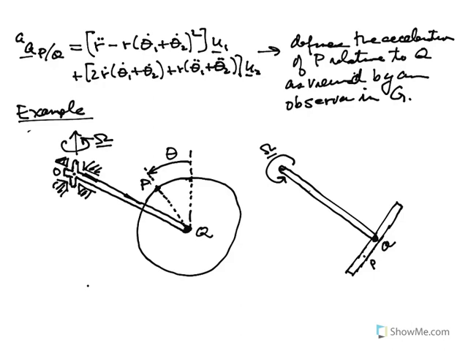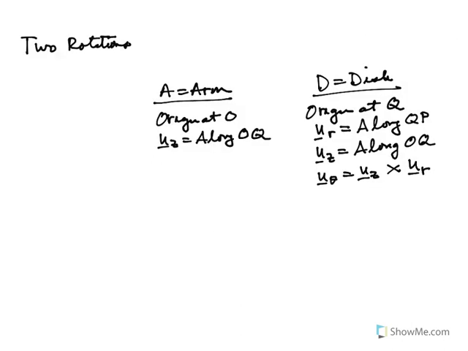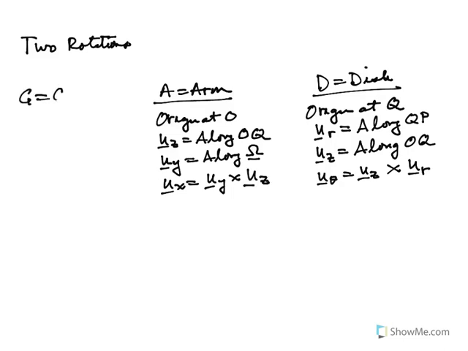And now omega is going to be one of my other directions. The question is, do I call it UX? Do I call it UY? Given the sense of the rotation of omega, I'm going to call it UY, because then UX will be the cross product of those two. So I'm going to say UY is going to be along omega, and then UX is going to equal UY crossed with UZ, and then the last frame is going to be the ground, which is my base frame,